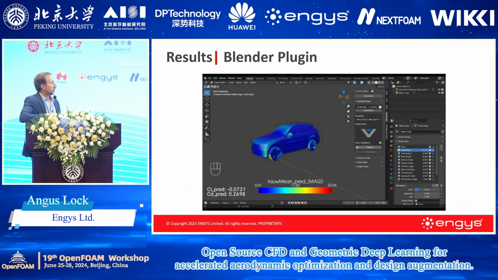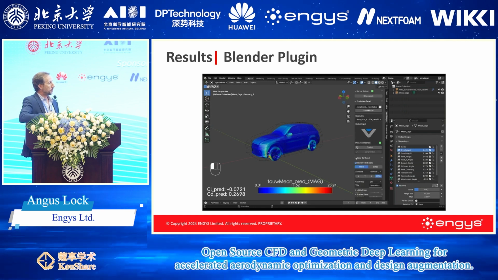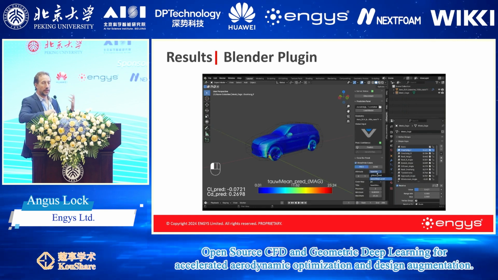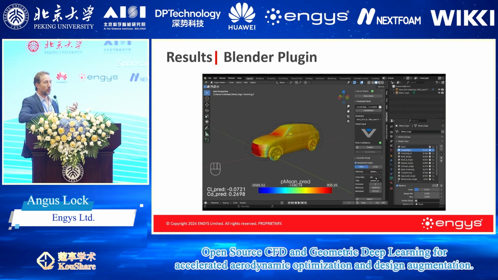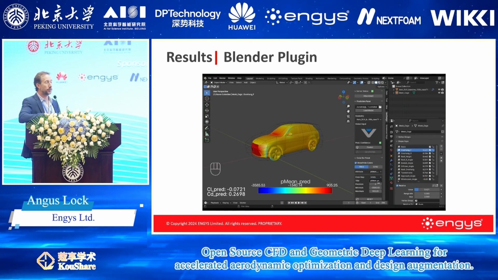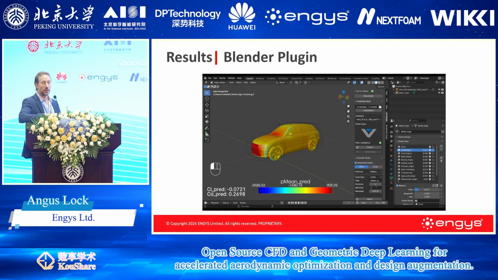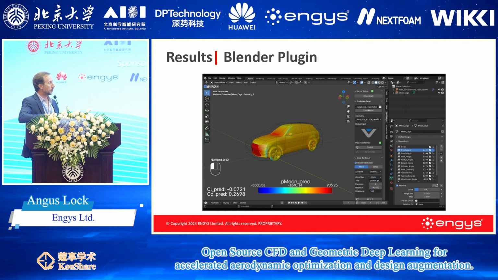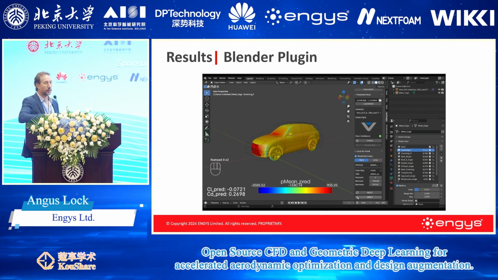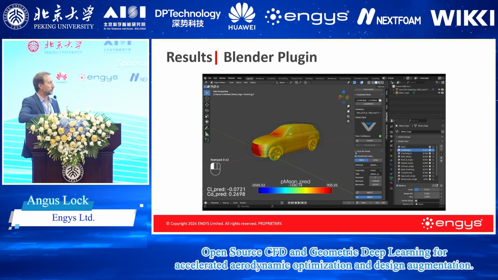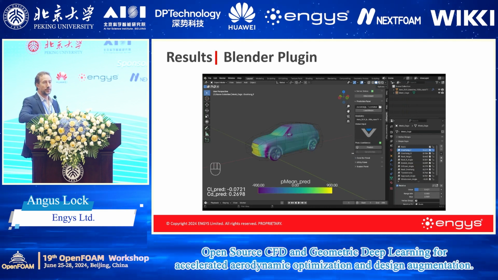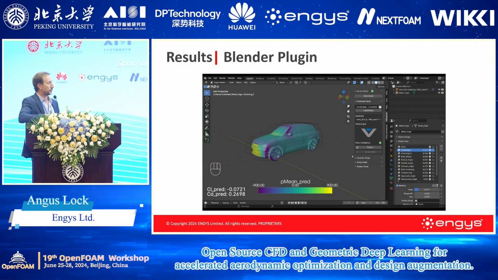And then this is a video of the Blender plugin, and this is the really exciting thing for me. So a lot of design studios are starting to use Blender. It's an open source geometry creation CGI tool, mainly used in computer graphics and film industry. But I use it extensively in my day-to-day activities, and as I said, design studios are starting to use it as well.